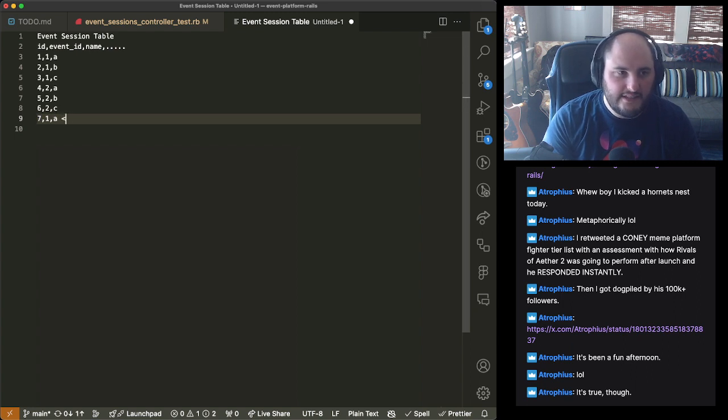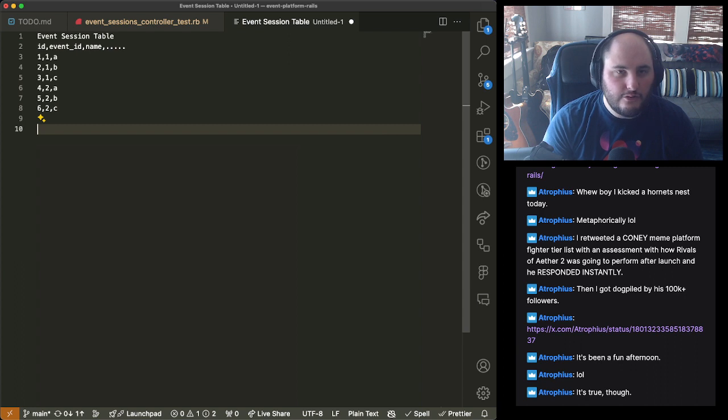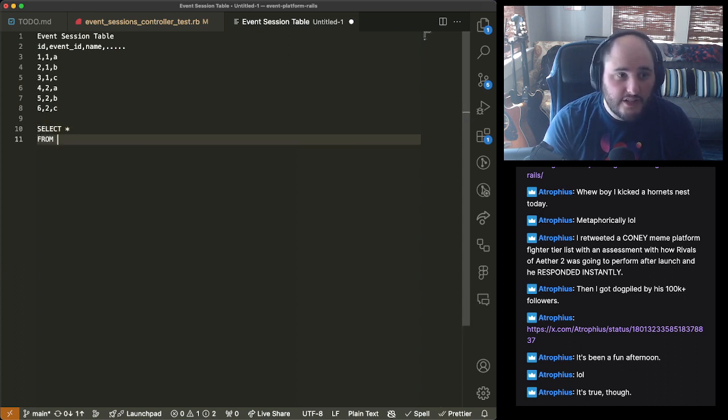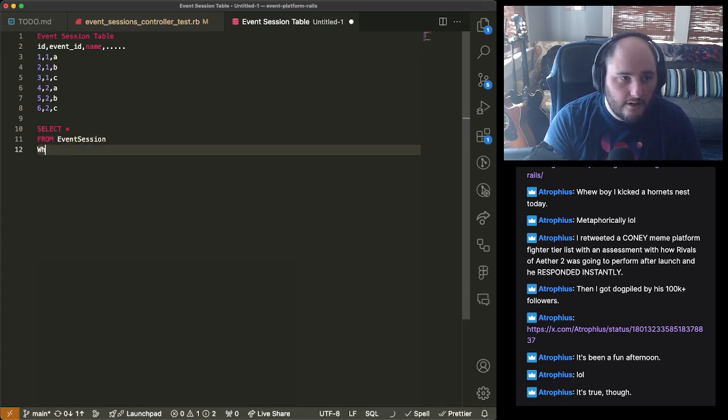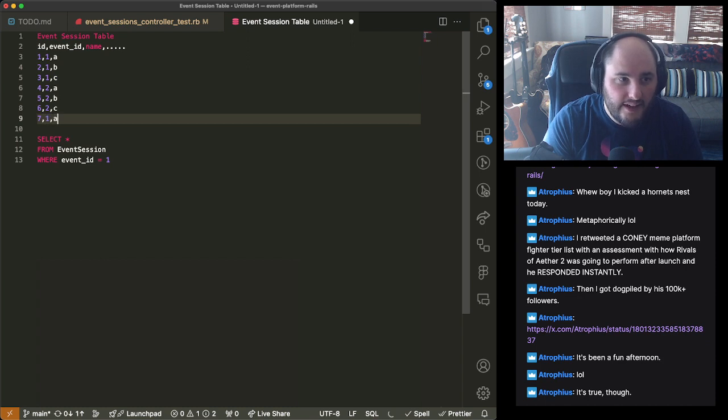This is bad, right? Now, the way I can fix it is a few ways, but one of the things that I had to do in my query is basically the following SQL operation. I had to do select star from event session where the event ID was, let's say I was looking for 1A, or I was actually looking for 7.